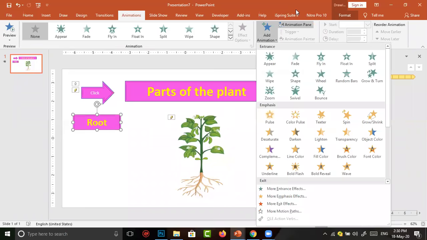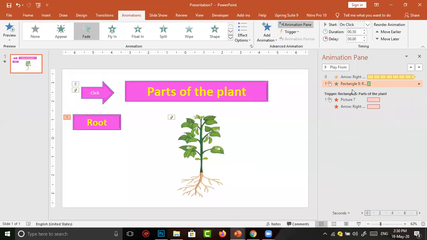This box should appear, and the picture should disappear. So I went to exit mode. Now this box should appear, so I'm going to entrance, in which I am giving the same fade. But it should happen when I click on parts of the plant. Again the same step.